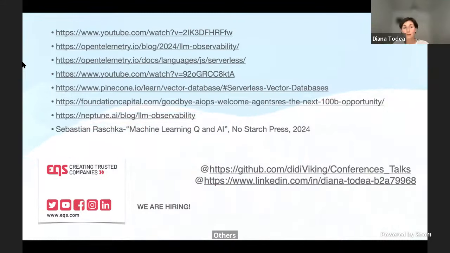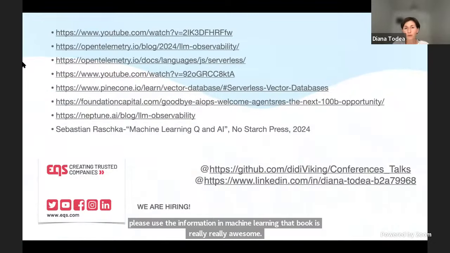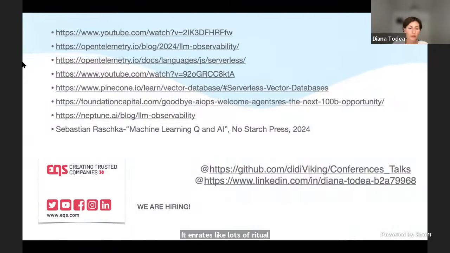Like I said, please use the information in Machine Learning Q and AI. That book is really, really awesome. It enumerates lots of retrieval techniques, and it goes into very technical details. I'm not a machine learning engineer, so probably I'll make a mess just trying to explain the whole list of